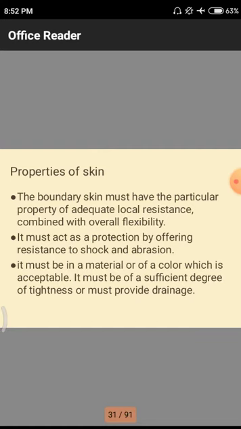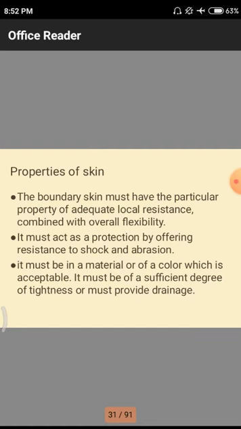Shock means normally a sudden application of the load, or absorption. Shock means that on national highways we have to observe a few accidents that will take place. At that particular time, the total force will act as a shock to the structure, so those shocks also have to be borne by these skin elements.